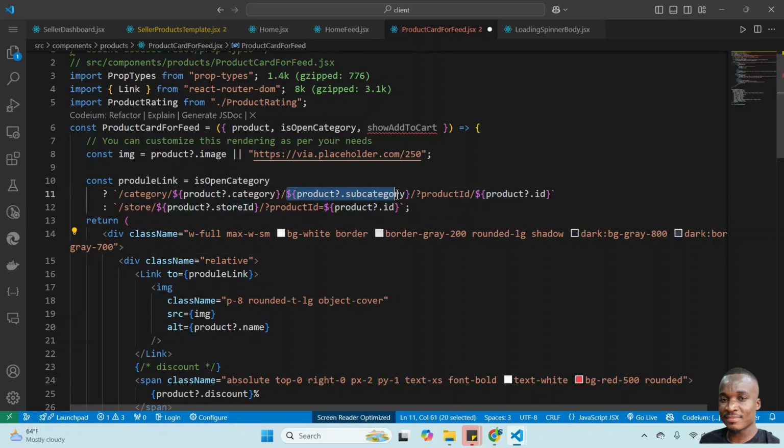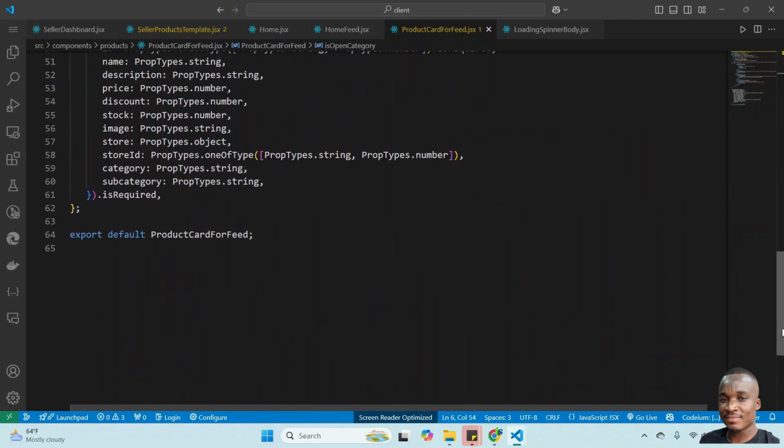We get rid of this one. I don't know why it's product and then product.category. So let's just redo it again. So category, and then we're just going to take this and put this one here. So now, okay, if we show category, for now, let's remove this one